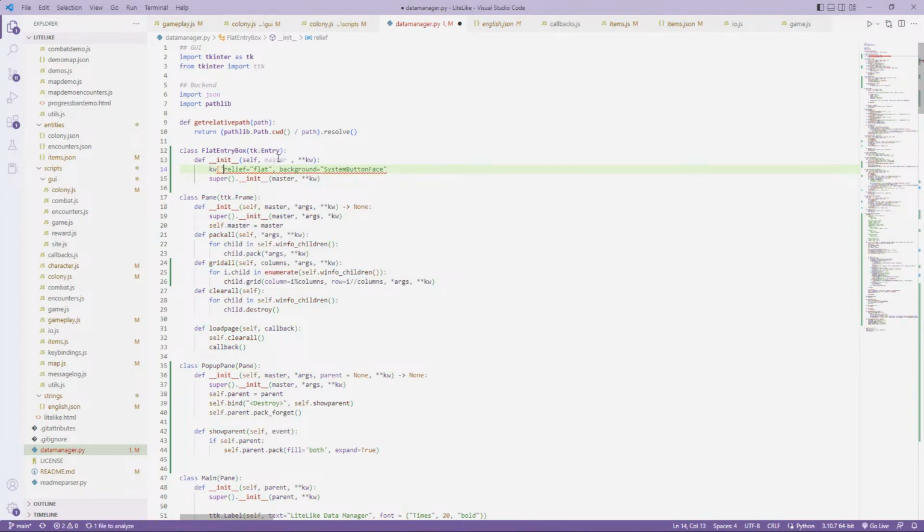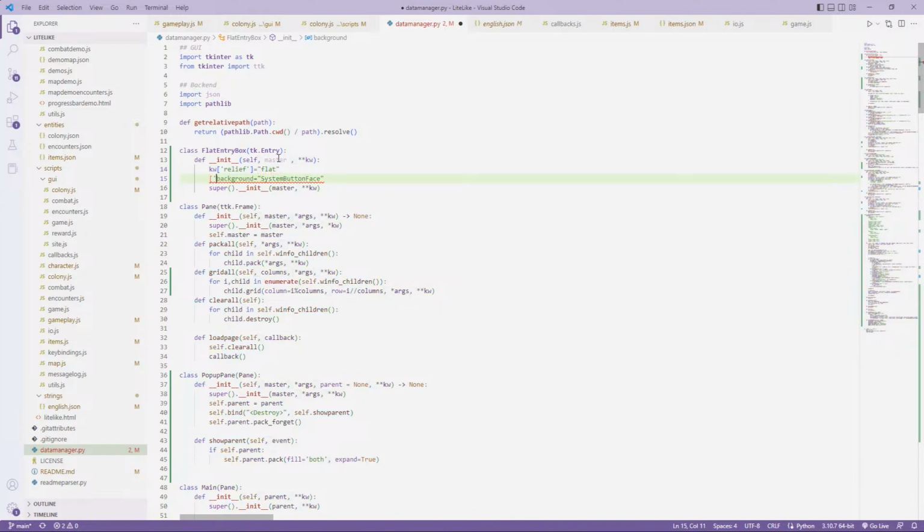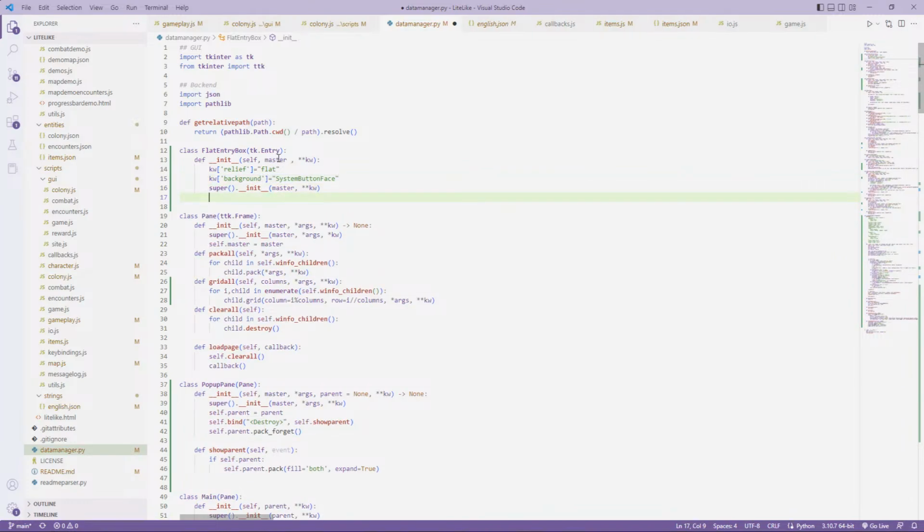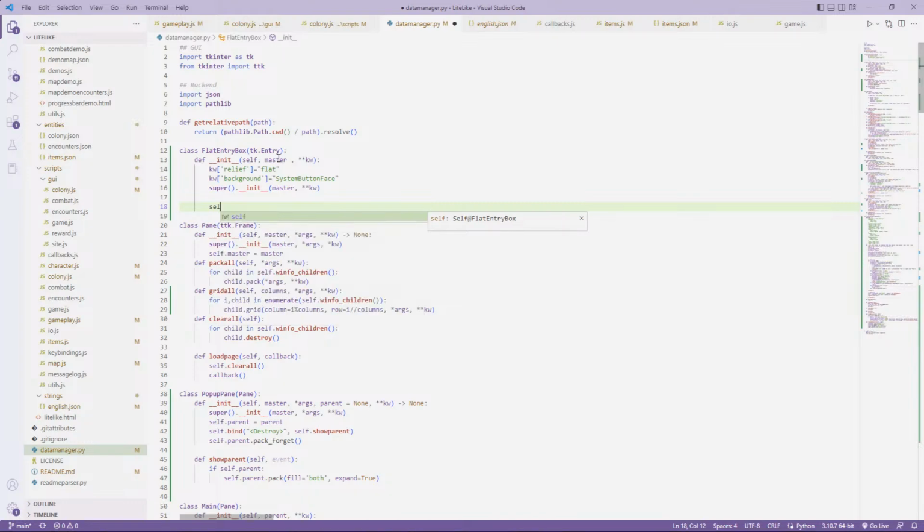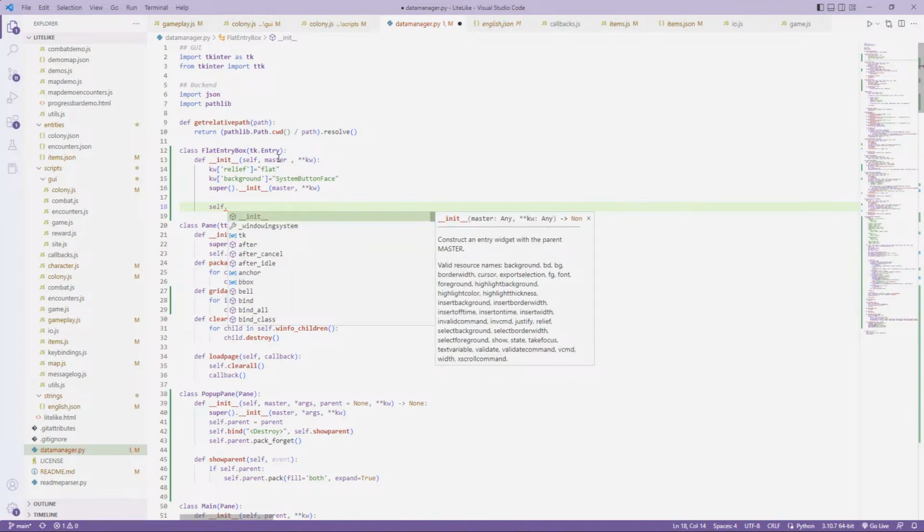Do this, just hard overwrite it. There we go. And then after we initialize it, we want to go ahead and self dot